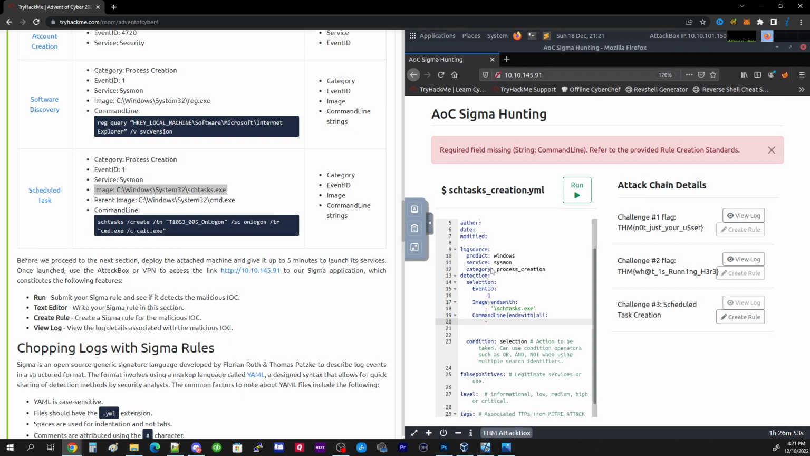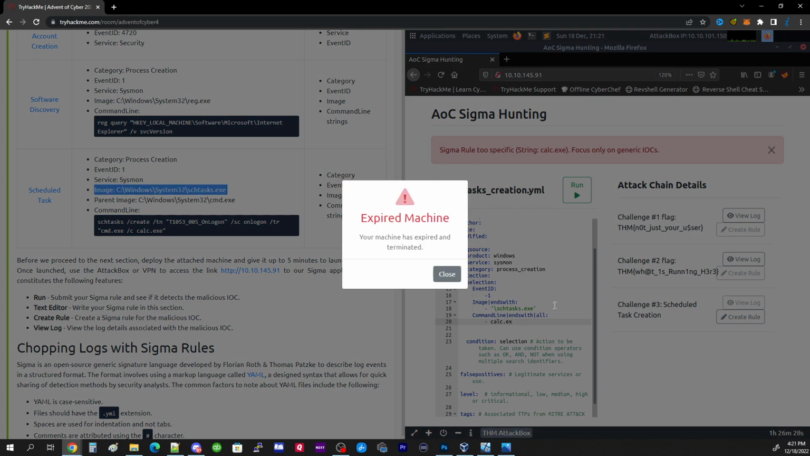Oh gosh, it's driving me crazy. And we'll just do calc.exe, and we'll click run. Okay, good, I like this. It says Sigma rule too specific, so it doesn't like calc.exe. It's trying to get us to be a little bit more broad. So what if we just type